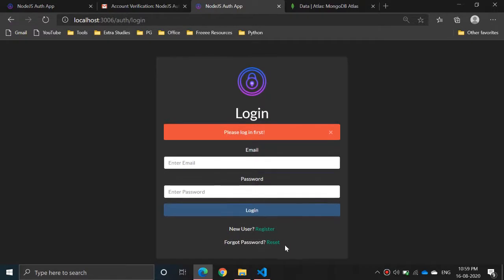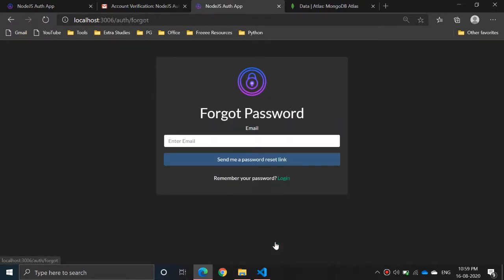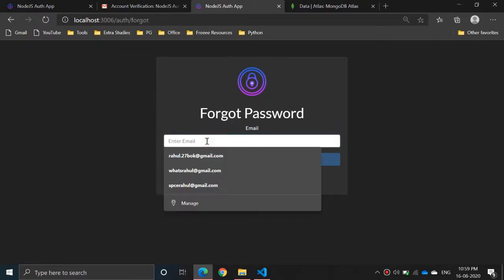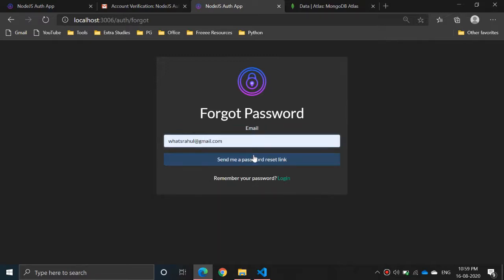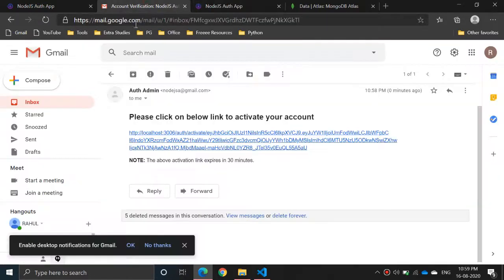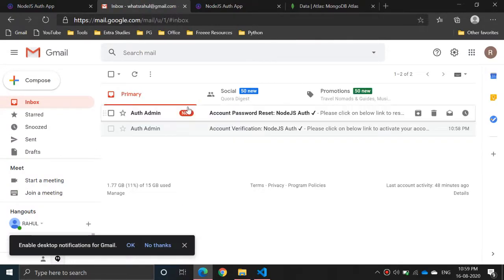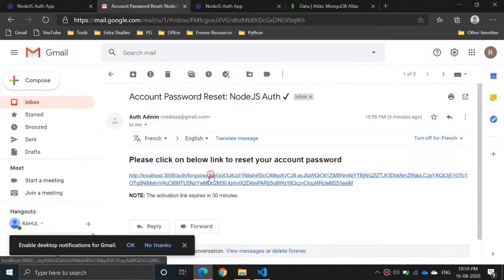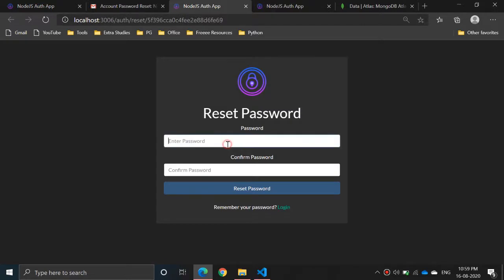And now if user forgets the password, there is an option to reset password, and user can ask for a new password reset link on his or her email address. So the app will be sending a password reset link, clicking on which the user can enter the new password and confirm it.